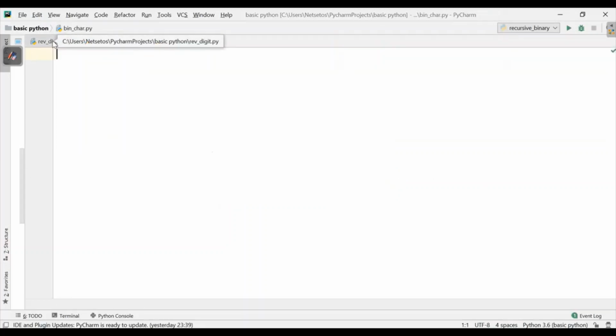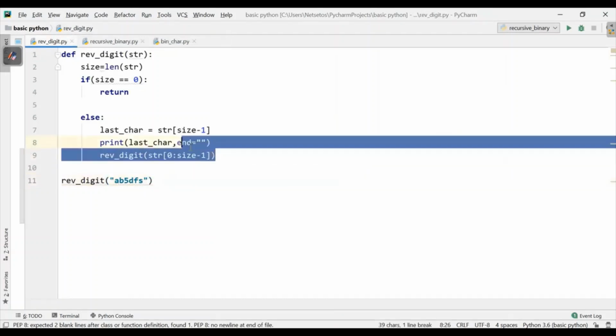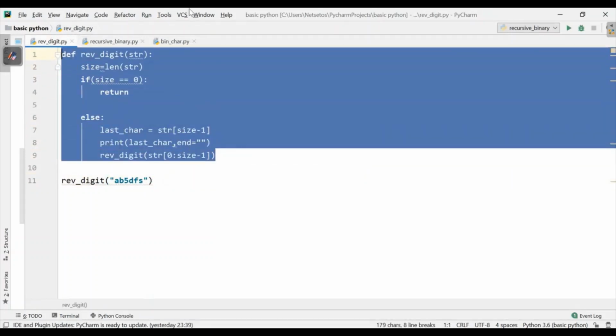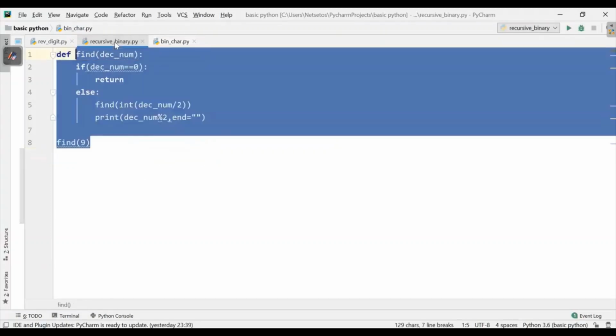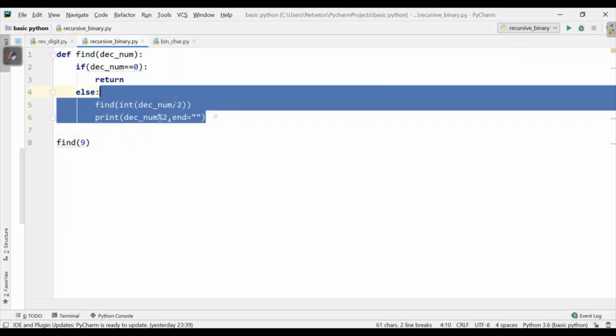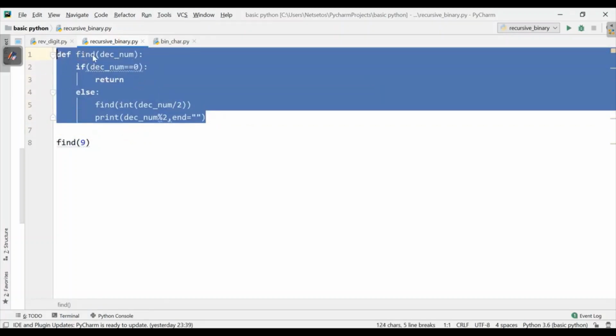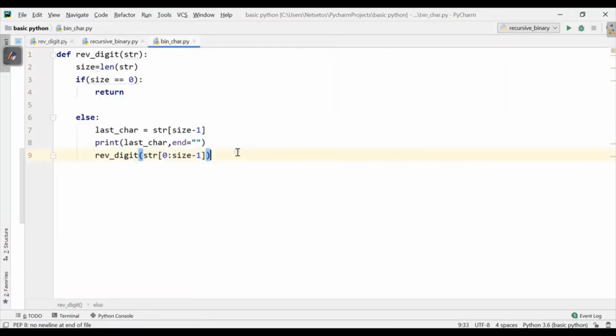First I'll just copy this first program. If you want to understand this program, you can go through my video link, which I'll be giving in the description below. At the same time, I'll copy the program that displays the binary number, and write it below.